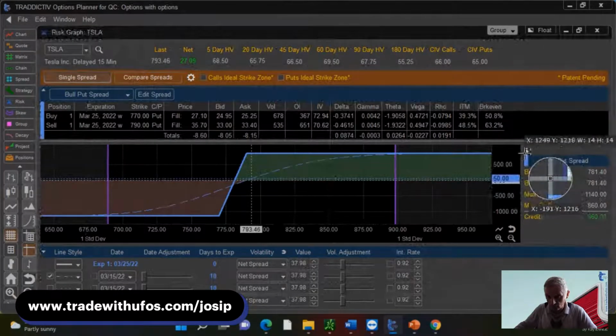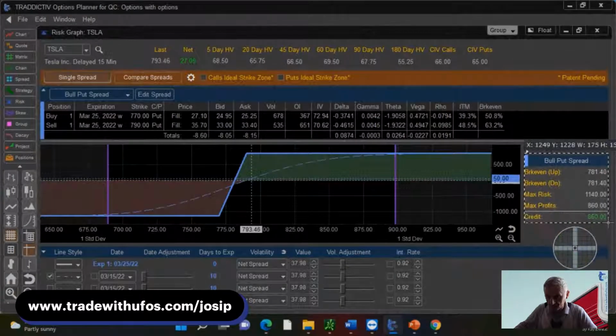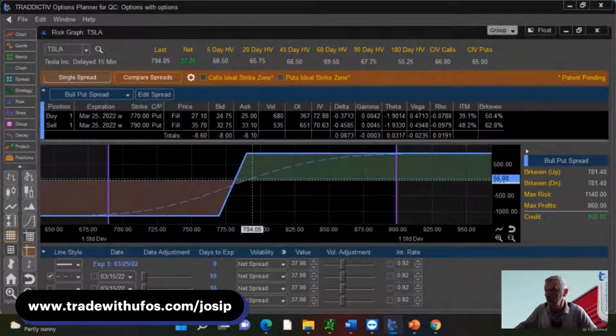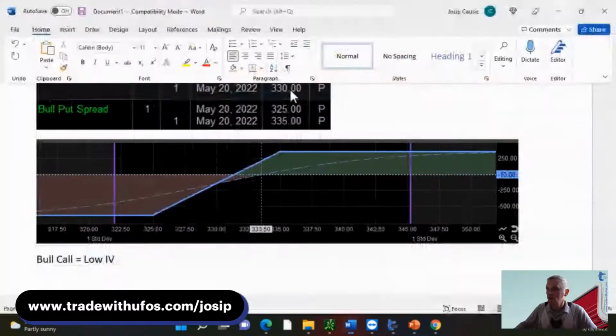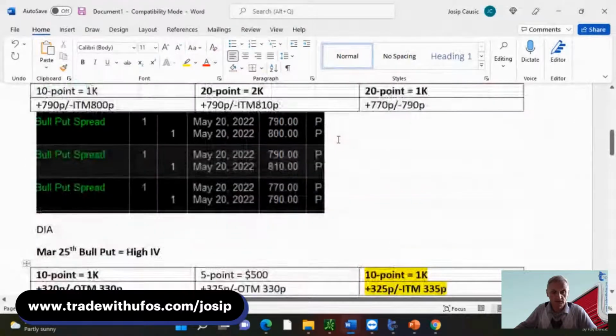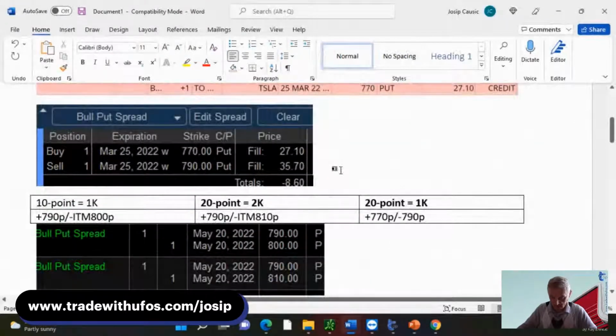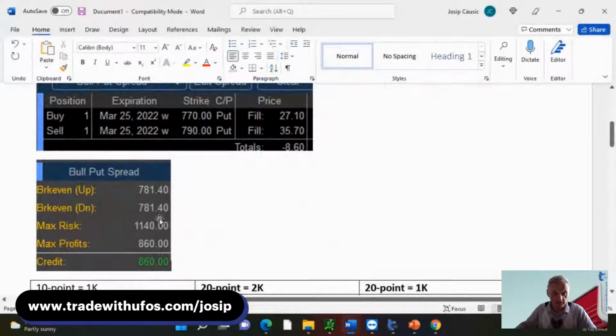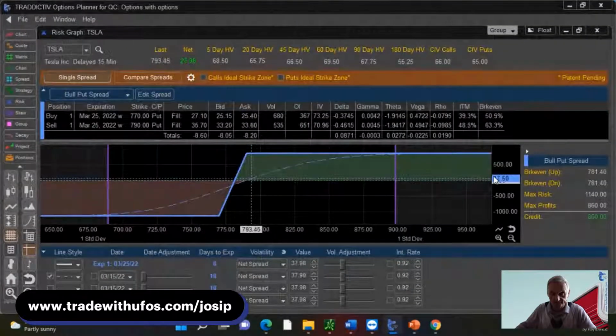But in this case, I don't want to collapse it. I actually want to do the opposite of collapse. I want to enlarge it. So the most important piece of information is right here for me, and we need to put that in. And what else do we need? Oh, we need the risk graph. So here's the risk graph.